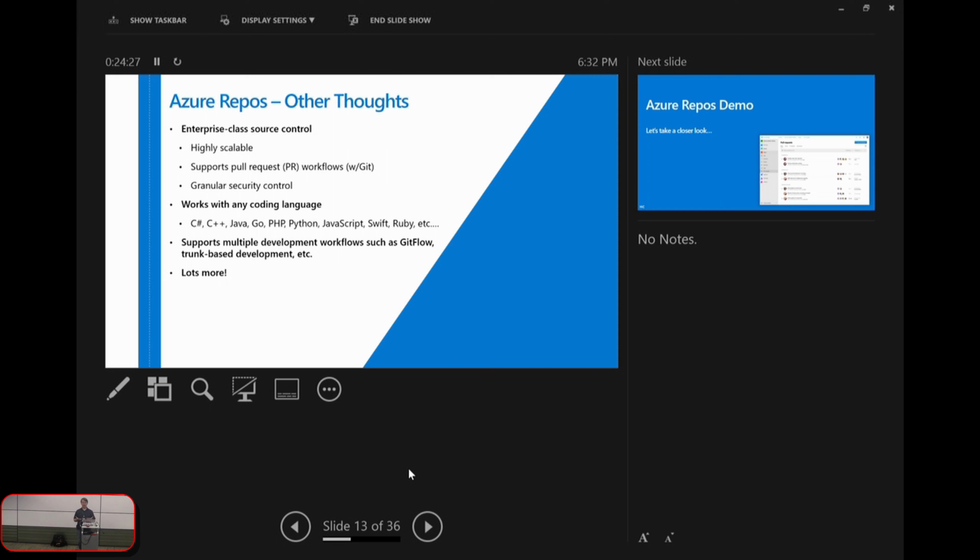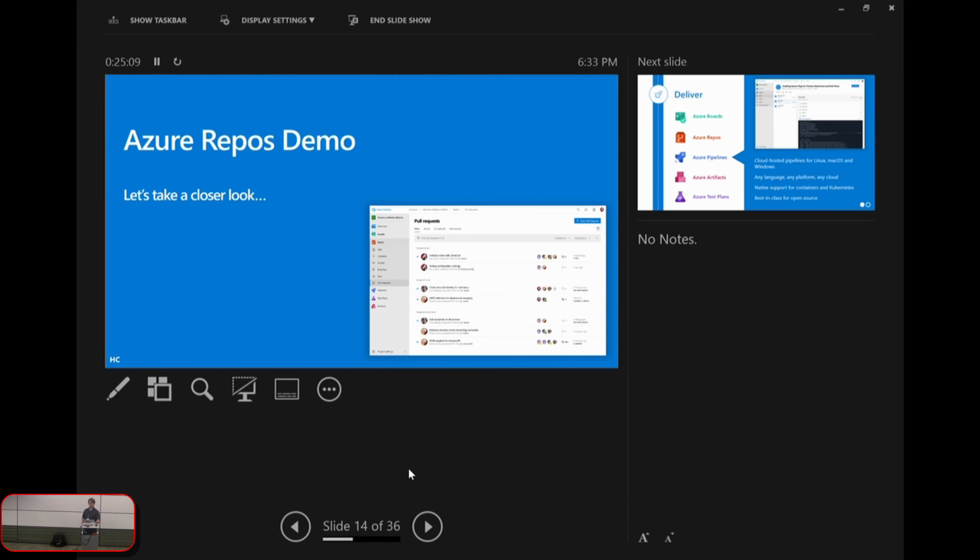And then they open sourced that particular product as well, so you can use that with GitHub, for example, or any other Git implementation. They've done a lot of things to make it scalable to really, really large projects, which is really cool. And then they put the usual things like security controls on there. As mentioned earlier, this is not tied to Microsoft-only languages or technologies. If you can develop in a language, then you can use Azure Repos with that language. It's essentially just that simple.